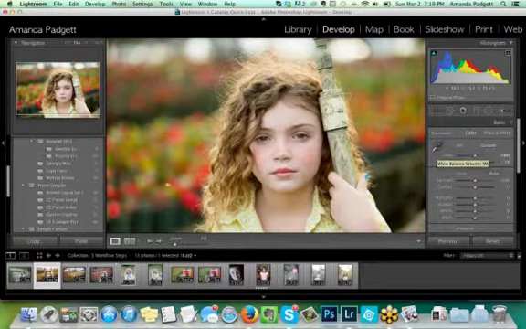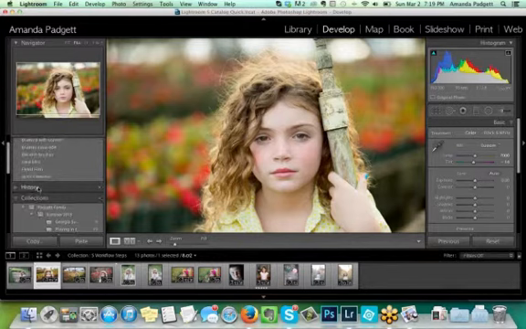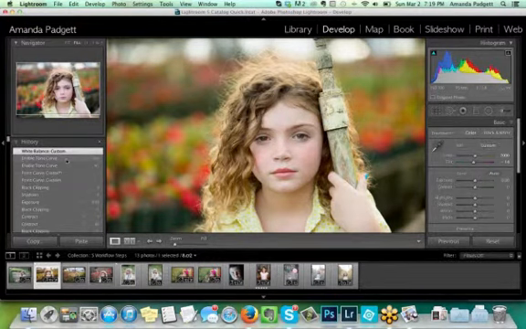So I like what we did, and we can see in the history. There's before the white balance adjustment, and there's the after. Okay, and I clicked on the whites of her eyes. So we have fixed her exposure, contrast, and her white balance. Now if we have any little color cast,